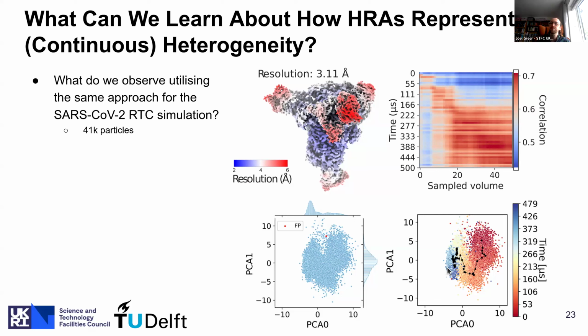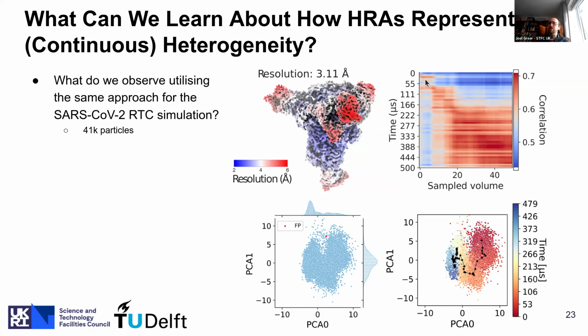So maybe that's essentially up to sampled volume 20 here. And once again, we decode volume representations at these positions in our latent space, and compute the map to model real space correlation against atomic models sampled throughout our MD simulation. So up until this essentially 20th sampled volume, we do see indeed that we get a much stronger correlation between